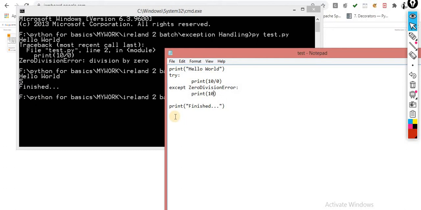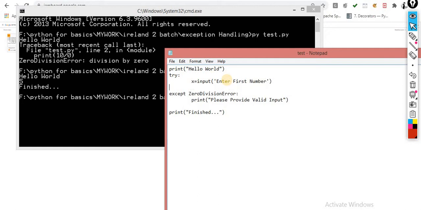Another thing you can do is provide a message here, please provide a valid input. So this type of thing you can perform here. Here I am asking from a user, let's suppose x is equal to input of enter first number.